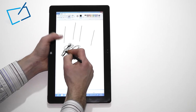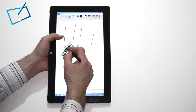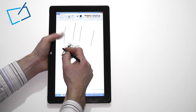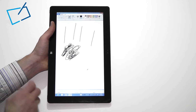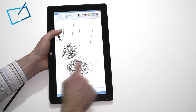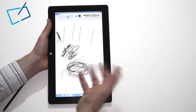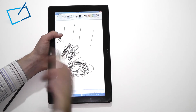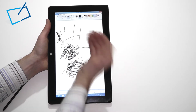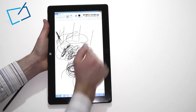So ordinarily, if I were to lift up a finger and then continue touching somewhere else on the tablet, then it would keep drawing, but not with the active Digitizer stylus working. Whereas you see, if we were to just do a finger, then you don't get palm rejection, you get other touch points working. If there weren't 10 touch points, then one touch point would get favoured over the other. In this instance, both scribble on the screen,